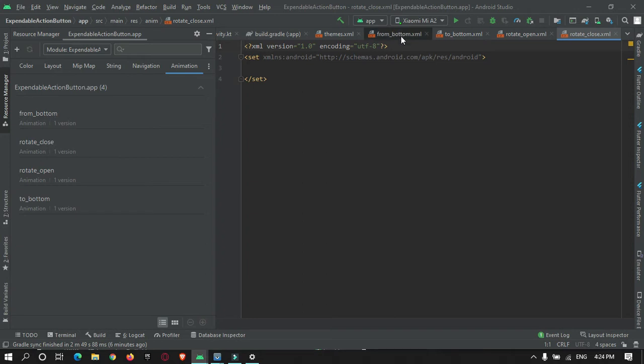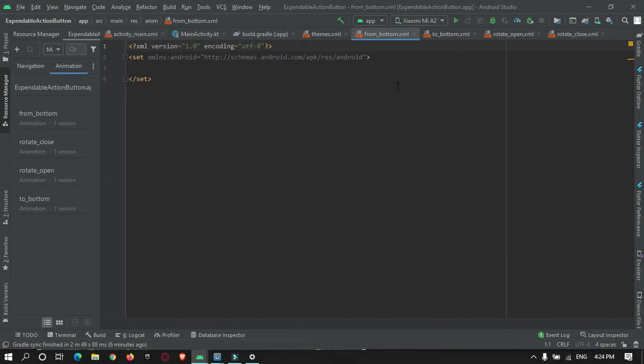Now you need to code these animation XML files for the animation effect. In from bottom, in the set, make fillAfter true.